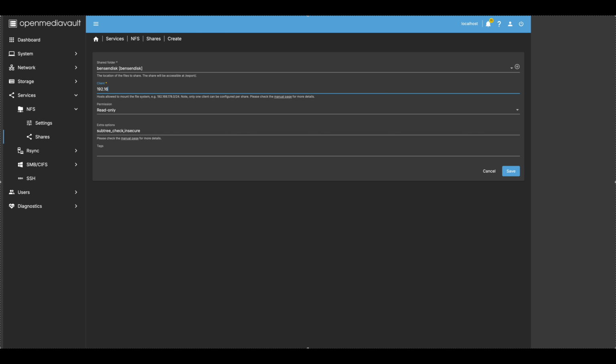So I'm choosing the Linux distributions shared folder, and then going with the clients in local network,